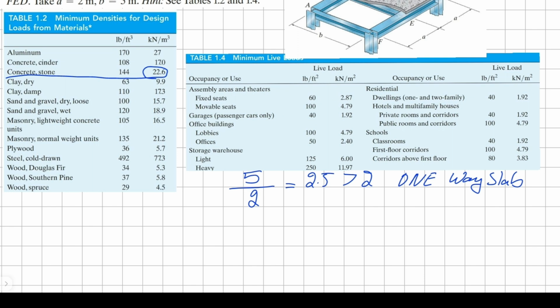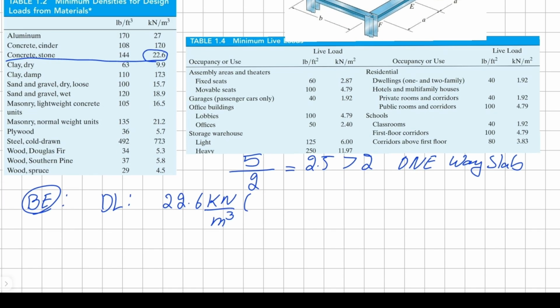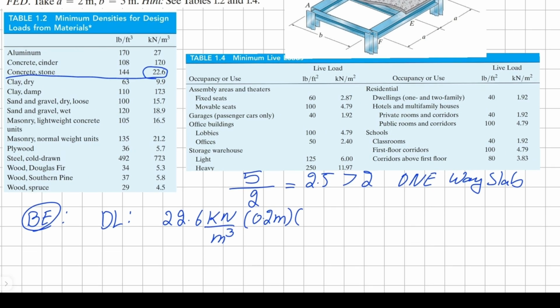Solving for member BE, get the dead load, 22.6 kilonewton per meter cubed. Slab is 0.2 meter thick times the area of the slab that will be handled by the beam BE. In this case, it's 2. All of this is equal to